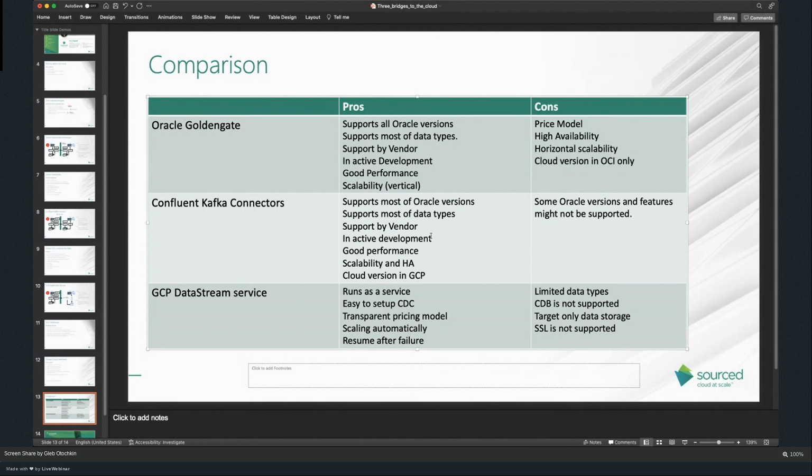And of course, if I can pay the price, because GoldenGate is priced differently than the Confluent Kafka Connector or the Datastream service. For example, if we have a source database as an 8-node real application cluster with tons of CPU, it would be quite costly. You pay per CPU for Oracle GoldenGate for Oracle database on each node of the cluster, and then you pay half of that price for Oracle GoldenGate for Big Data at the destination. So it is quite expensive.